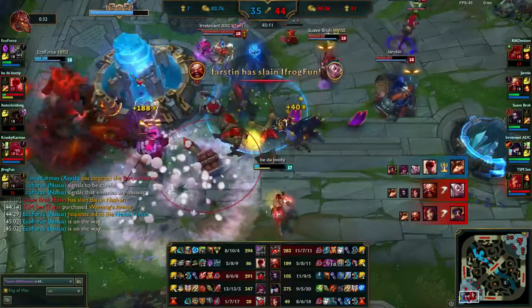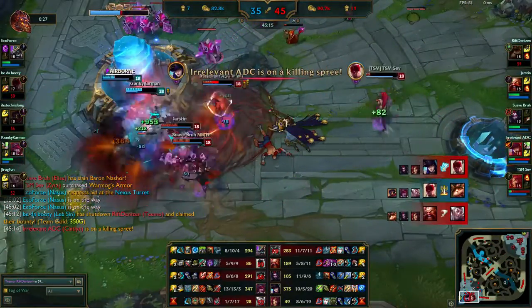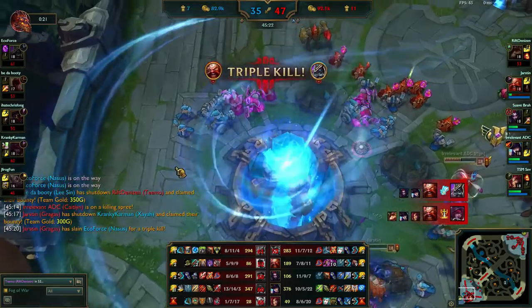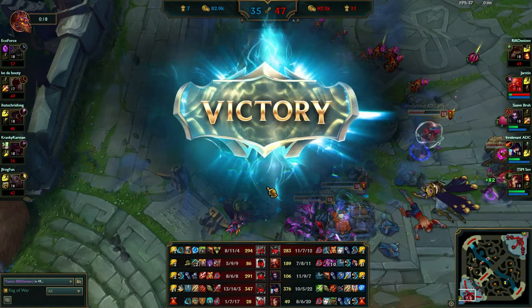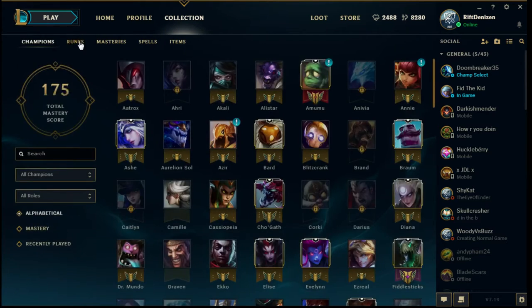So unfortunately Lee right there killed me with his ult. I didn't get an assist off of him, go figure. Didn't get anything off Nasus, but that's the end of the game. So overall this ended up being an A+, I believe. 11-7-12, and it should have been a lot better just because of how the early game goes, but Elise squandered my early game. So A+ ranking, and then if you want to see the runes and masteries,